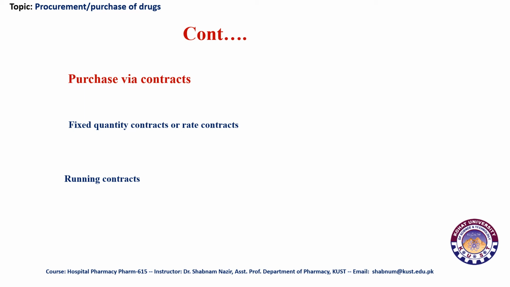Both are usually representing a contract or settlement for a certain period of time, but the main difference between fixed and running contracts is that in case of the fixed one, the rate is fixed for a specific period of time, irrespective of the change in currency of that country during that period of time. It doesn't matter whether there is a change in currency, but there would be a fixed rate which has been started in the start of the contract, and then that would be applicable to the end of